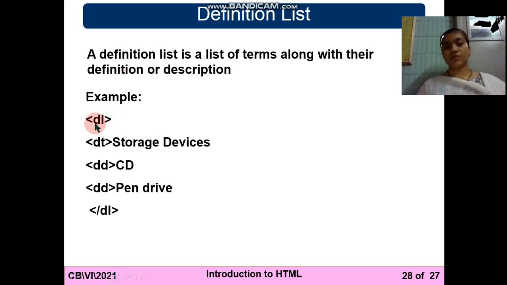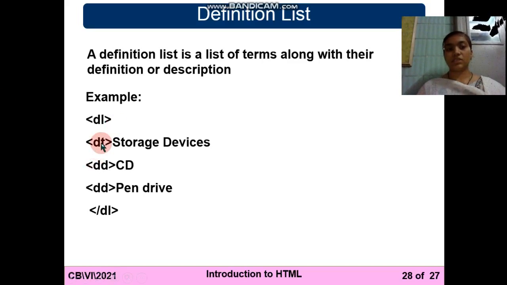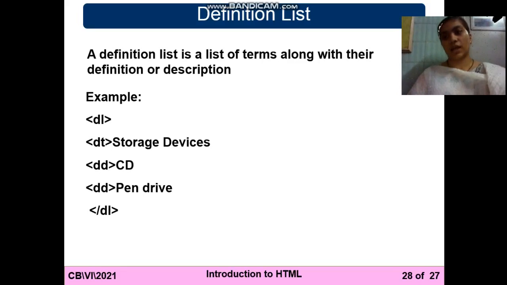This is the syntax. First you have to write DL, that is the definition list. Whenever we use OL and UL, we write LI, which means list item. And what is the meaning of DT? DT means description term, the thing you want to write about and clarify. Then we are going to learn DD. DD means description or definition. It means you have to give the description.